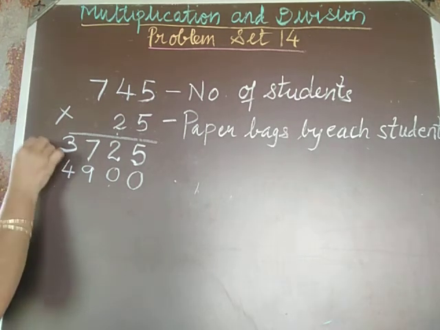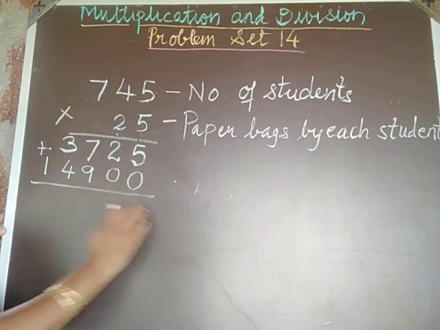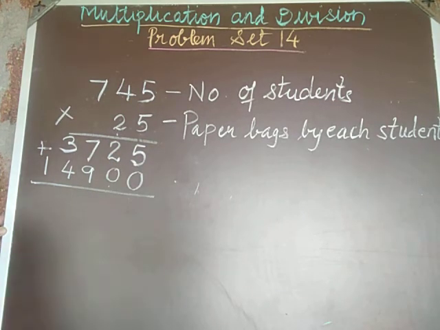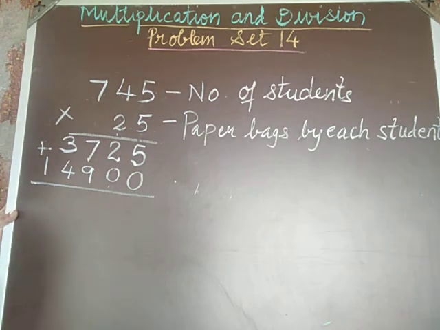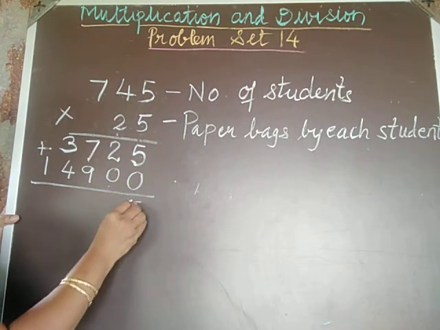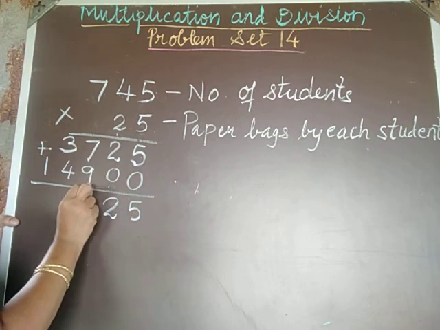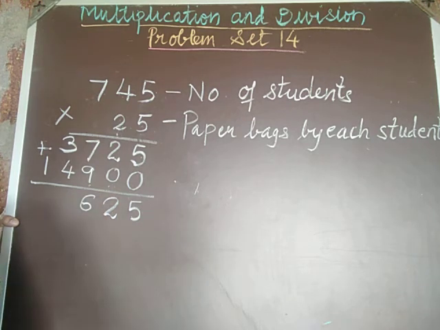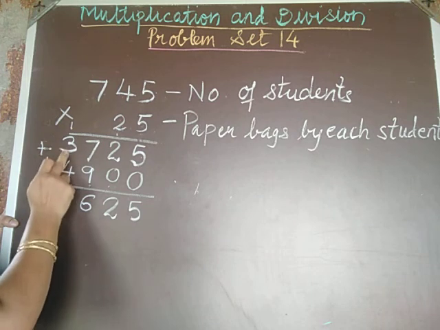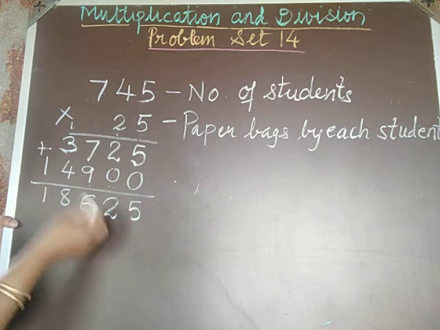And now you have to add these two numbers. Once you add, you will get the final answer. That many bags 745 students must have made. So let's see how many bags they made. So 5 plus 0 is 5. 2 plus 0 is 2. 7 plus 9 is 16. So 6 right here, carry 1 here. So 4 plus 3, 7 plus 1, 8. And 1 here. So you are getting the answer